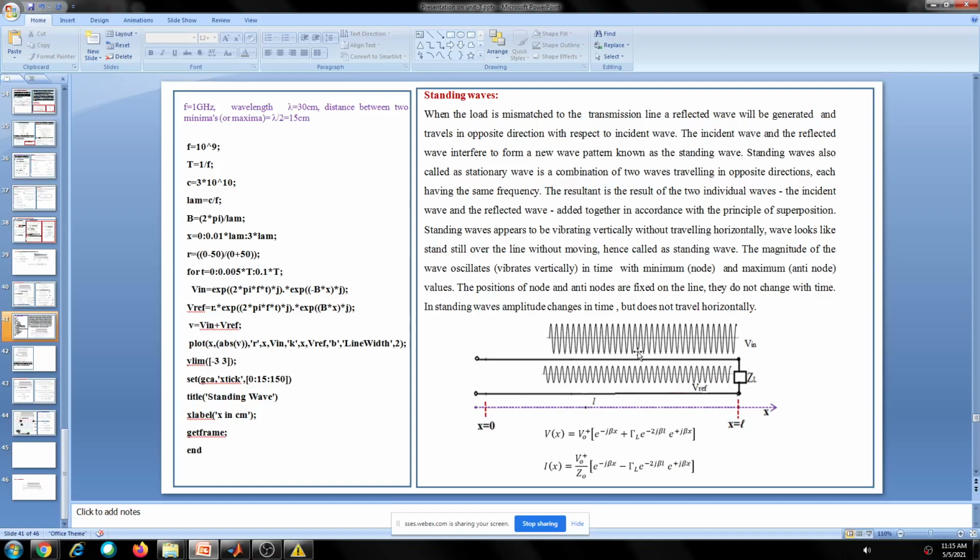So now we will see what this is if you add the two waves. See, the incident wave is moving in this direction, the forward direction, and this one is moving in the backward, opposite direction. Two waves are there, traveling and moving in opposite directions. Okay, if you add two such waves, they are of the same frequency but maybe of different amplitude. If you add such two waves, what is the resultant? How does it look graphically? Okay, that we will see.